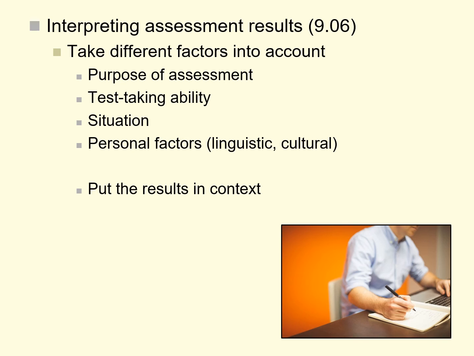To summarize, I would say you have to put the results, meaning the score that the person earned on a particular test, in a context, and that context should involve the whole person as best as you can understand him or her at the time that they were doing the test. Do you have reason to believe that this test is an accurate representation of that person's abilities or traits or whatever else, or do you have reason to be cautious in making that judgment because of situations that came up or personal factors that may have in some way impacted or influenced or interfered with performance?